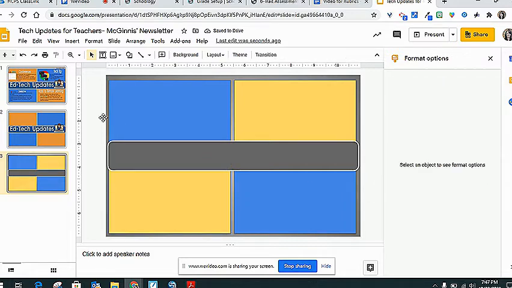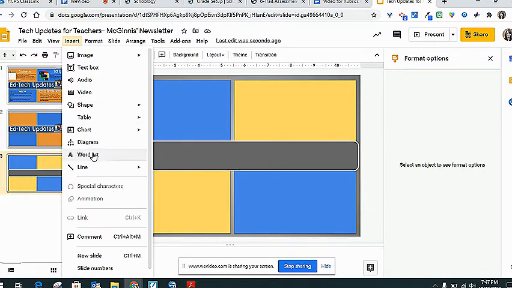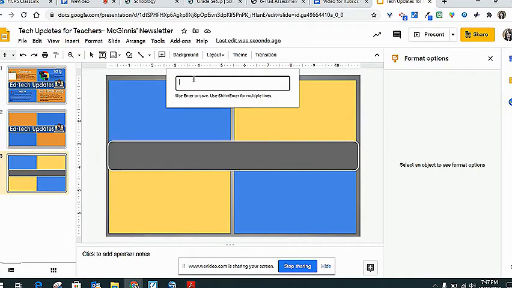Now what I'm going to do, I'm going to go make my title that goes here and then add a Bitmoji. So I go to Insert, Word Art. Word art stands out. It's big and bold. You can change the size of it very easily, and it looks a lot better than using a text box in there. So if you're going to put newsletter,